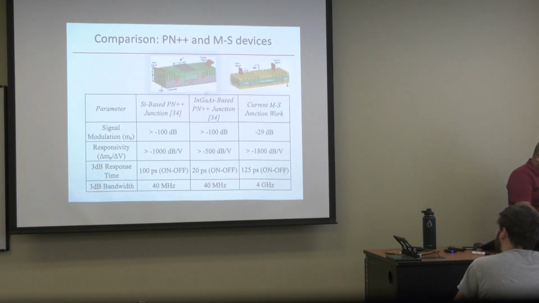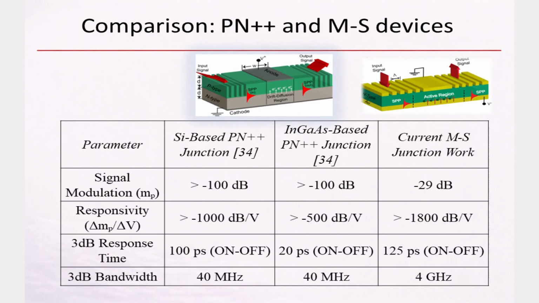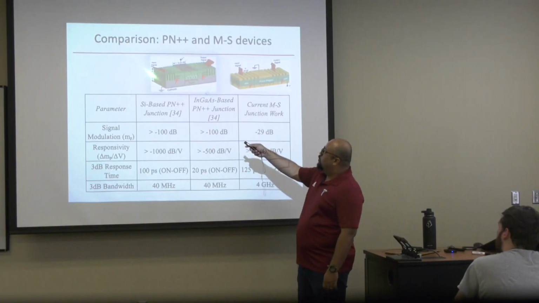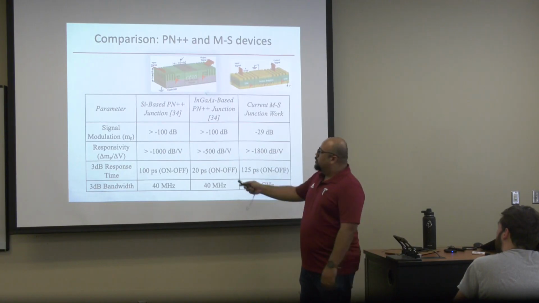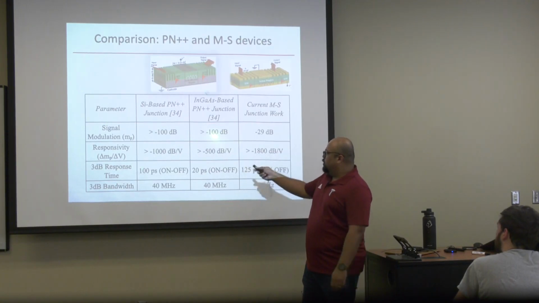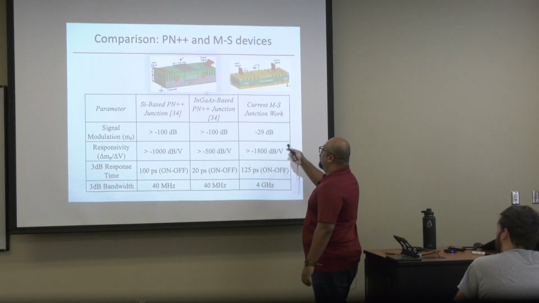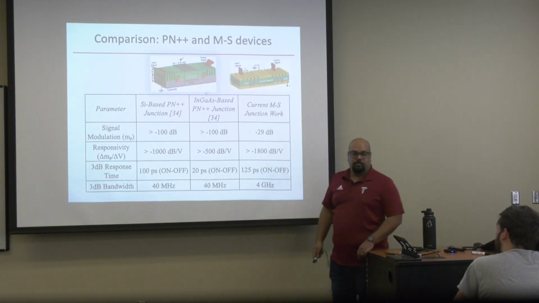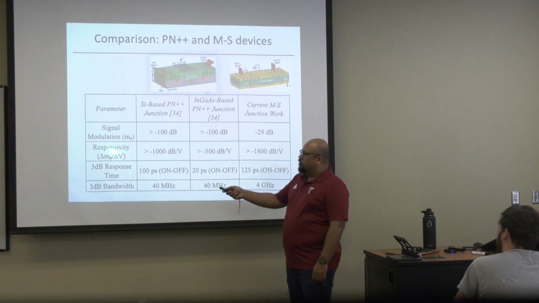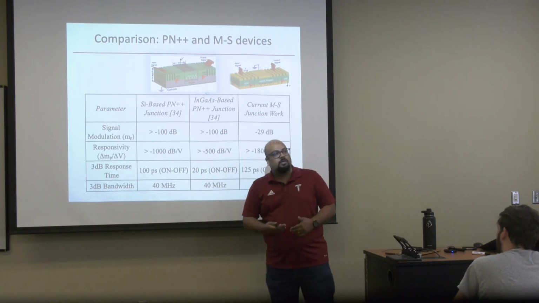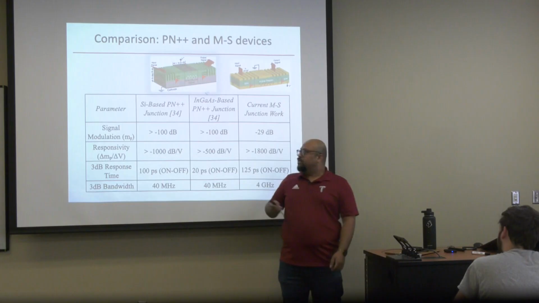So here is the entire comparison that tells you the difference between the two devices. Here we have done a silicon-based and an indium gallium arsenide-based device, the same structure, two materials. We observed a signal modulation of minus 100 dB. When we compare that modulation with Schottky, it's about minus 20 dB. Whereas the responsivity, meaning how much modulation we observe with the change in voltage,